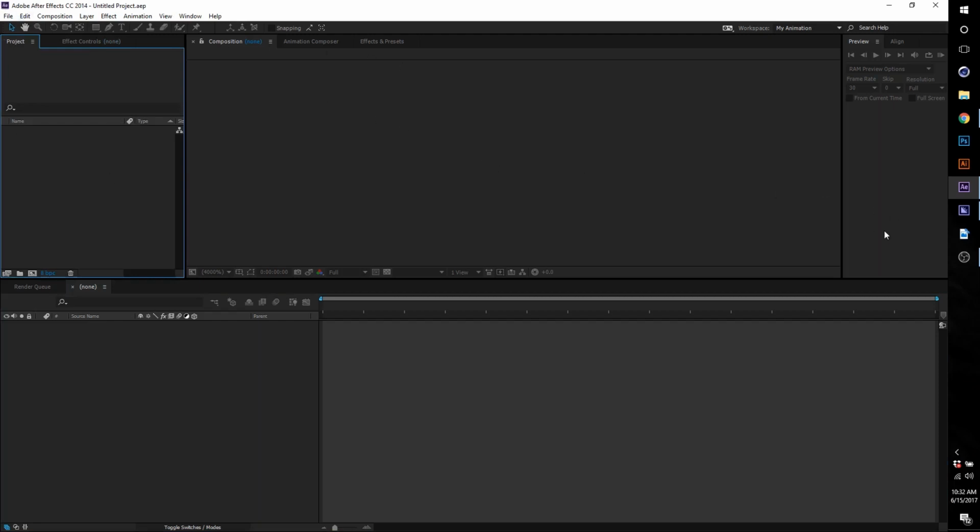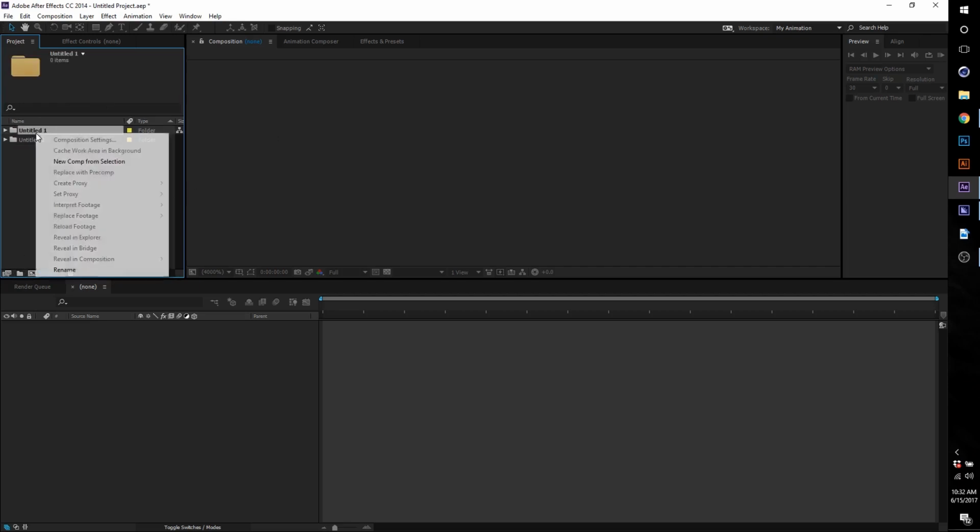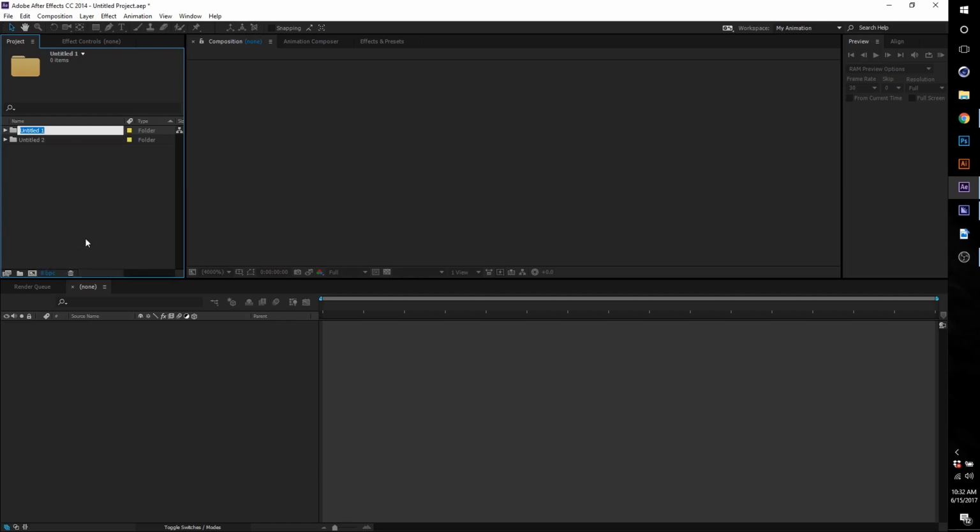organized. Make sure everything's organized, especially in the project area over here. Just make folders. This little button right here. Just make them for whatever you need, whatever you're going to be importing. So if you're making an edit, make a folder entitled clips, or if you're, I had caps lock on, but this one could be like schematics. And then if you want, you can make another folder for comps, which are compositions that you make with